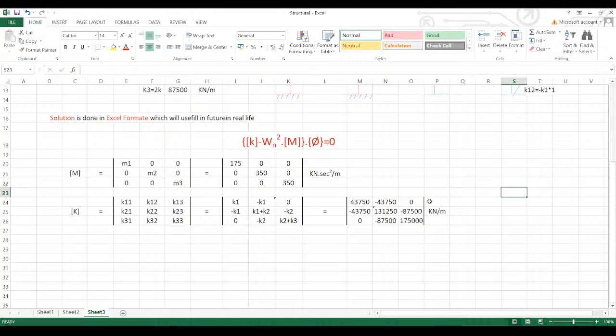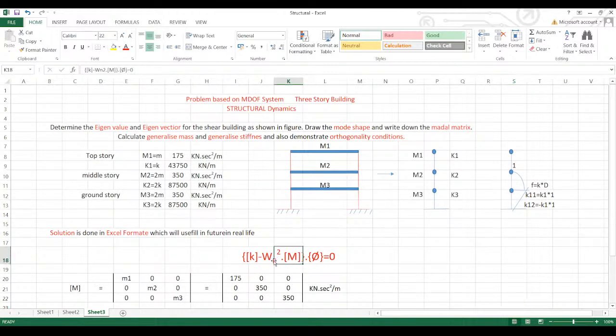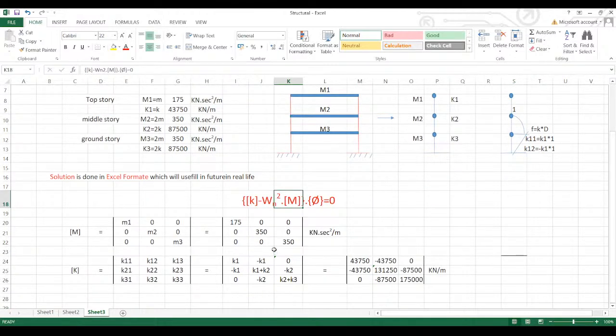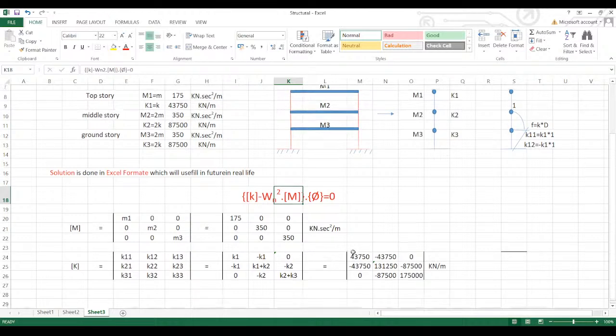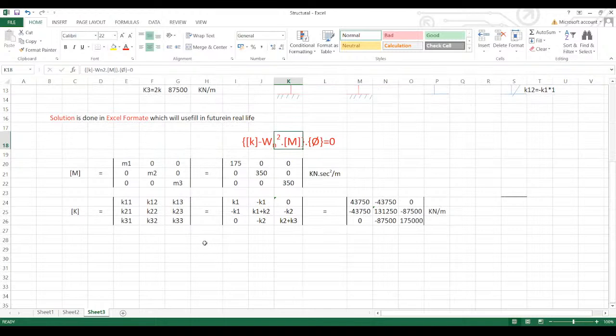Now, obtain the characteristic equation of the associated Eigen value problem and solve it for finding the circular frequency omega, and the corresponding natural period, that is T. And what is the characteristic equation? We have the characteristic equation is